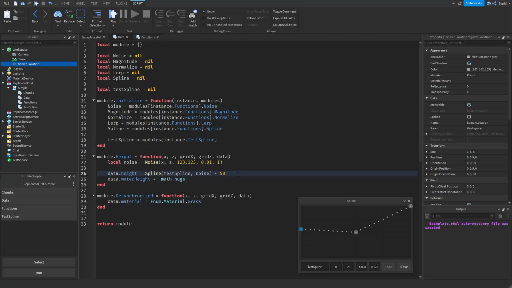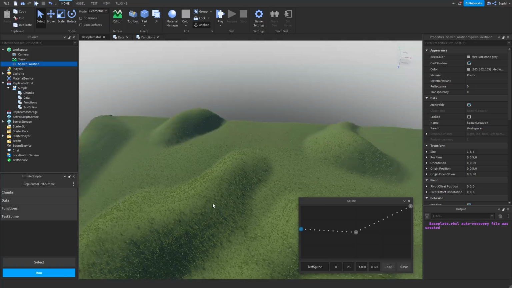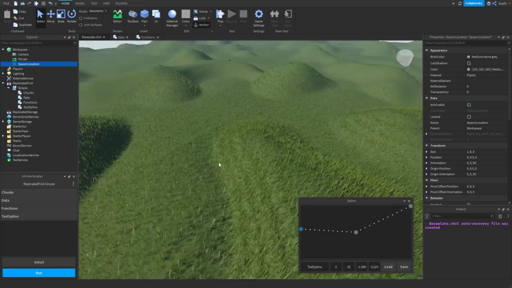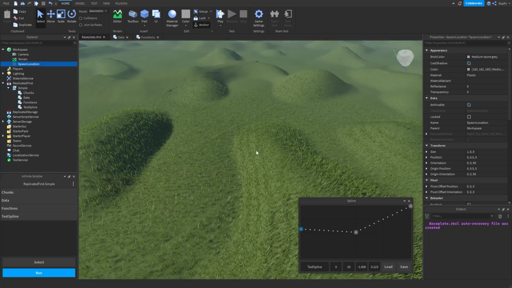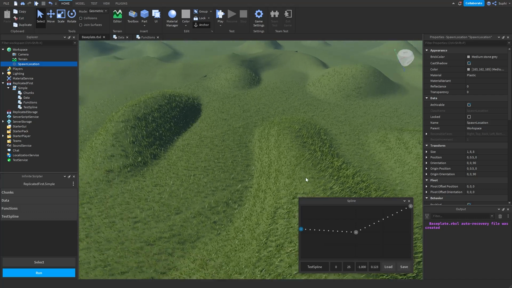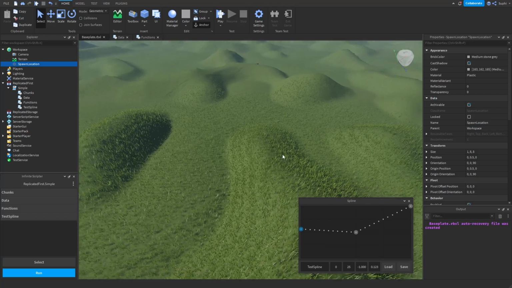50. And if we test the terrain once again, we can now see we currently have some flat areas, and we have a part that's part of the bump. So the flat area is this part here, and the bump area is this part here. So this is the part of the noise that is negative, and this is part of the noise that is positive. So let's play around with this spline a little bit so we can see what kinds of effects we